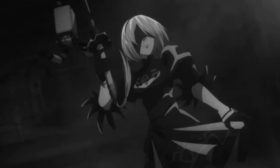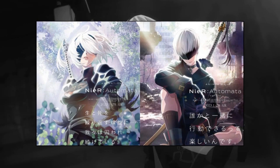With character design alone, NieR Automata has the anime style down packed. And that's before all the samurai swords and robot fights. So, after the action RPG's considerable success, it's no surprise that an anime adaptation was in the cards. Dubbed NieR Automata version 1.1a, this 2D retelling of 2B and 9S's journey across post-apocalyptic Earth is set to premiere